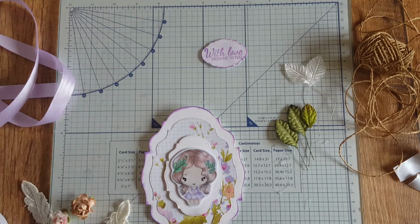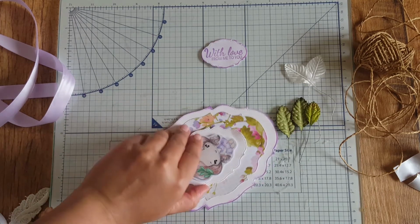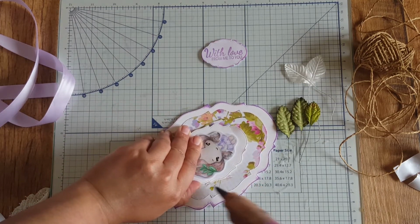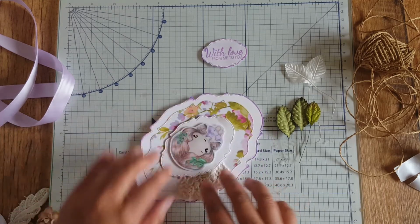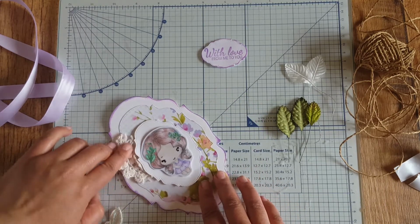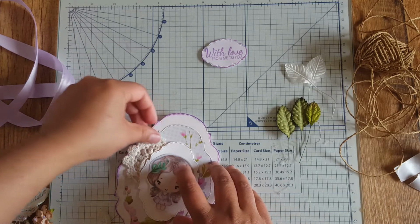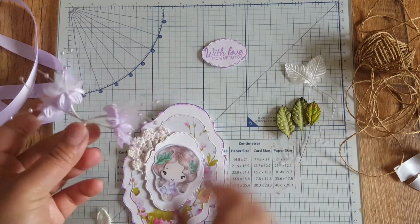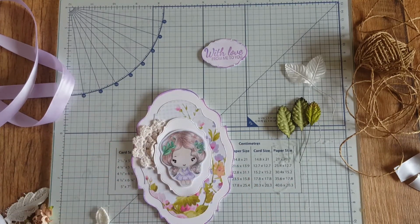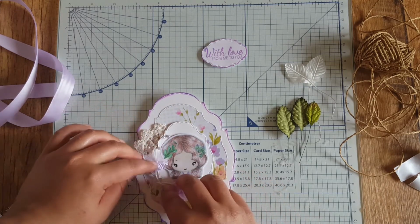So first piece is this piece, and I'm gonna tuck that in behind there. So just gonna put a tiny bit of hot glue here and tuck this in like that. Okay, then I have my baby's breath flowers, just forgot what they were called there for a minute, and then I'm going to glue these on. Just a blob of glue in the centre of them